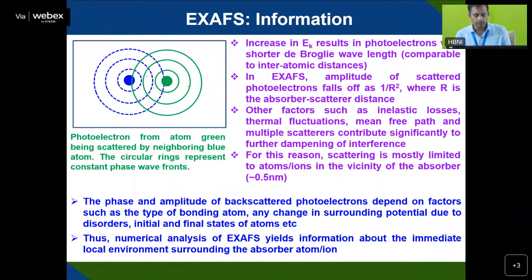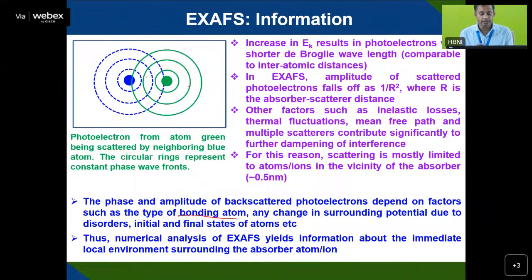Multiple scattering significantly affects this information. For this region, scattering is mostly limited to atoms or ions in the vicinity of the observer, within a distance of 0.5 nanometer. So this EXAFS information you will get. Since multiple interactions will interfere, a shorter length can be possible. The phase and amplitude of the scattered photoelectrons depend on factors, because of the interference of both the observer and the scatterer, and you will get information about the